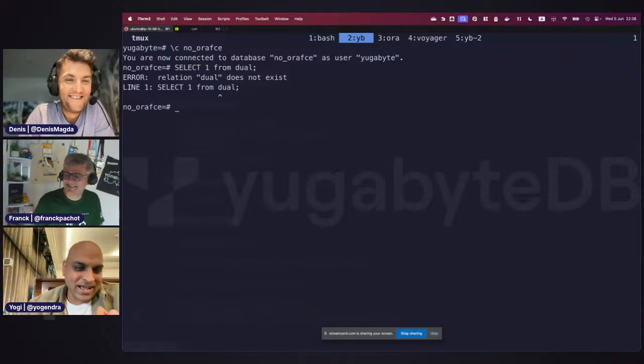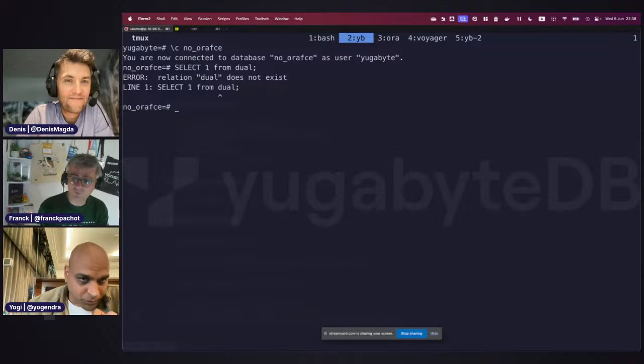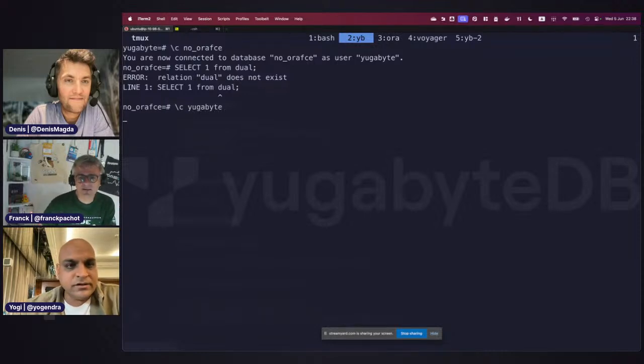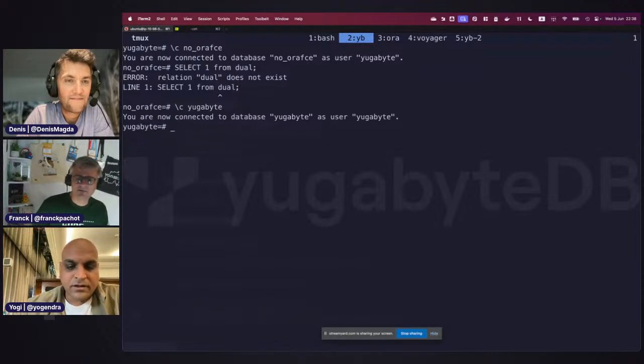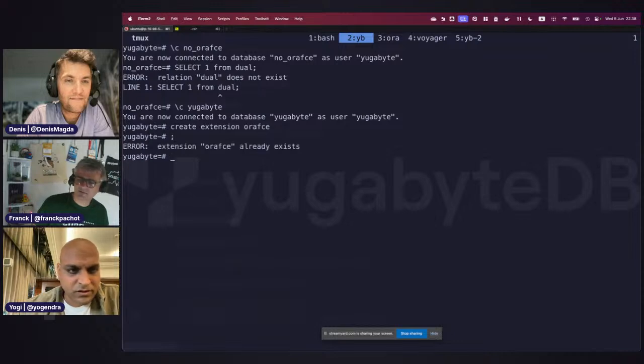If you have a query in your code that leverages dual, it's built on an older version of Oracle. This is a database where I don't have the Orafce extension, but over here on the other database, I actually have the Orafce extension installed.